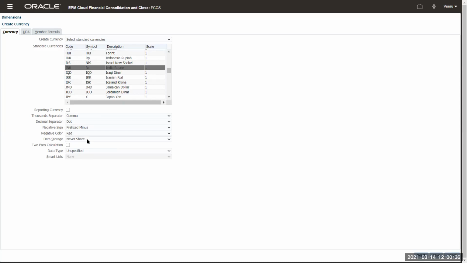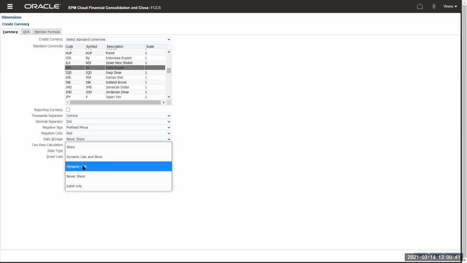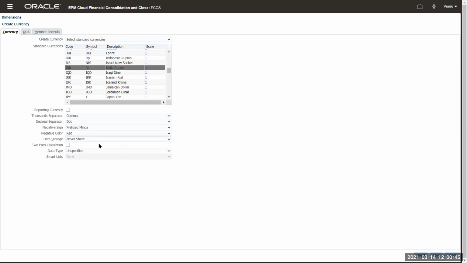So for data storage, always use never share at a level 0 member. I will talk about when to use dynamic calc and when to use label only. But as a default rule of thumb, use never share for all level 0 members. Two-pass calc is not required. Again, there's another setting when you use these members for calculation purposes, but let's leave it like that.